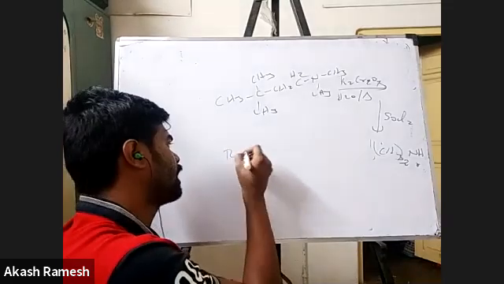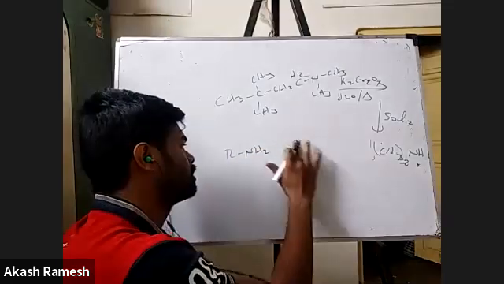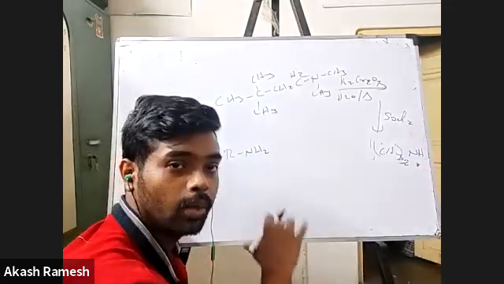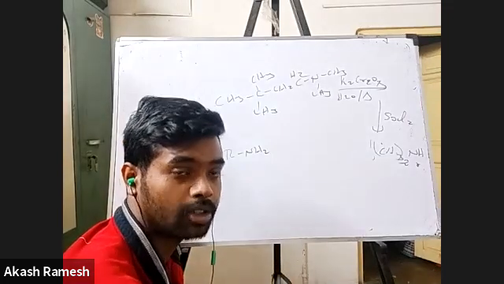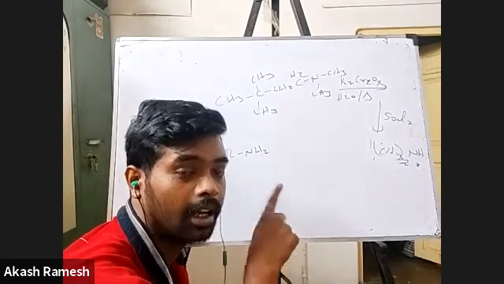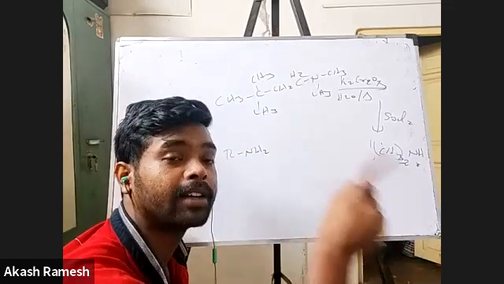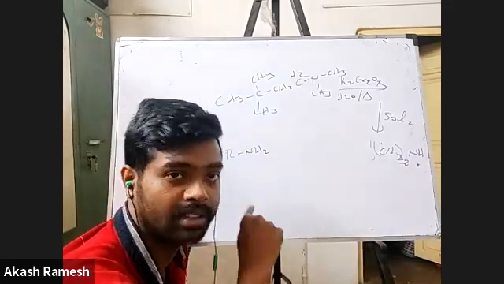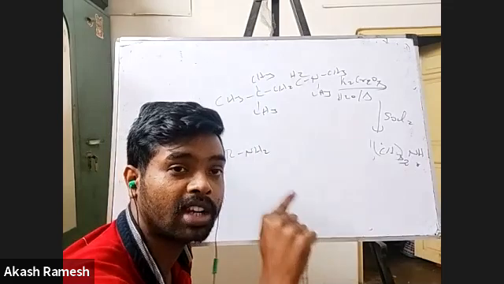So for example, if I have primary, secondary, and tertiary amines, and I'm going to dissolve them in water and decide the basic strength, I have to go for the conjugate acid. What is the conjugate acid here? After accepting H plus, what is there? That is what is called the conjugate acid of the base.